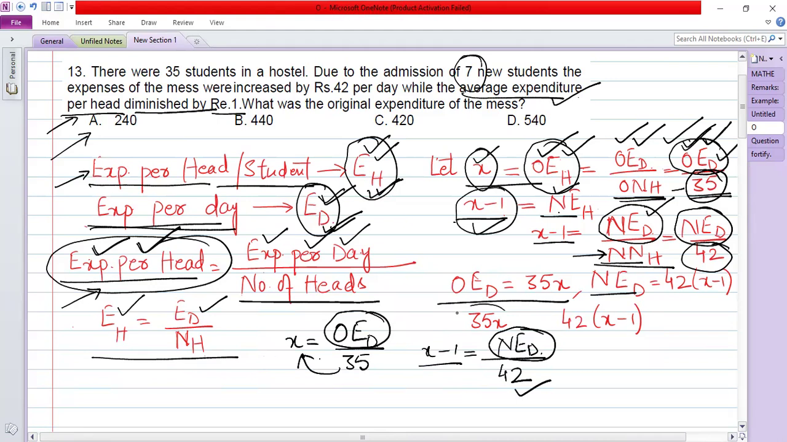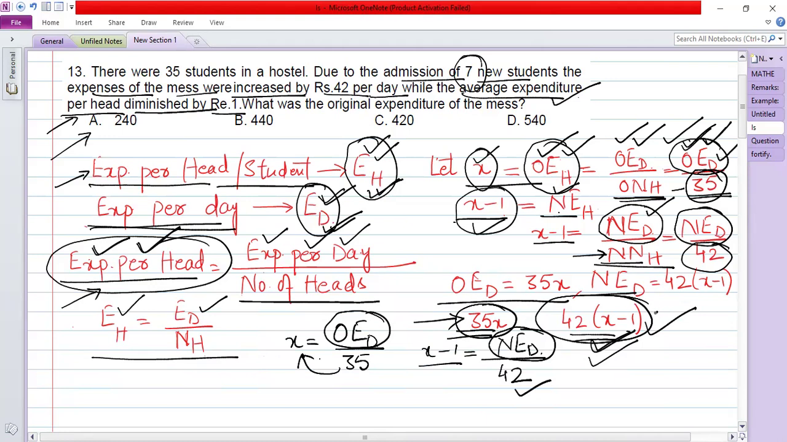So we have these two expenditures now. Now it is given in the question that due to the admission of 7 new students, the expenses of the mess were increased by 42 per day. So what is the meaning of this? That this new expenditure per day is 42 more than this 35X. So if I have to put these two equal,